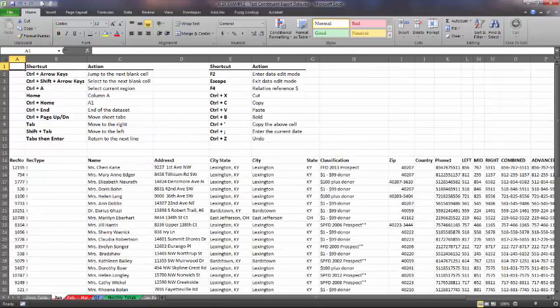Next, the Tab key. Now the Tab key is going to move my cursor to the right, one space at a time. Shift Tab will move me back to the left. Sometimes while typing, it's easier to use the Tab key and Shift Tab than it is to go get your arrow keys. Now, to use the Enter key in conjunction with the Tab key, if I use Tab, Tab, Enter,